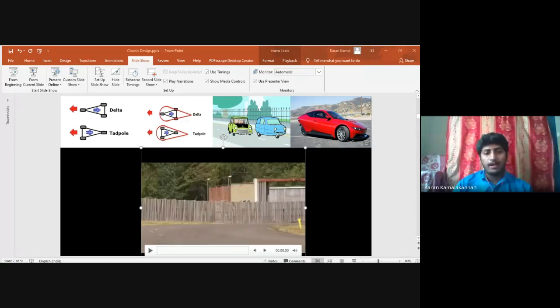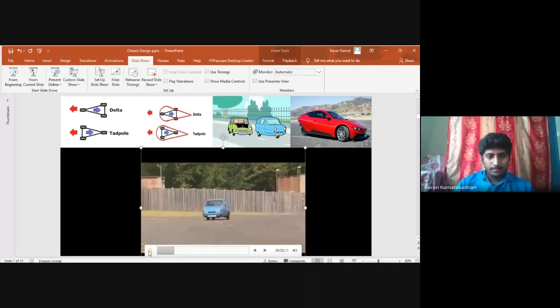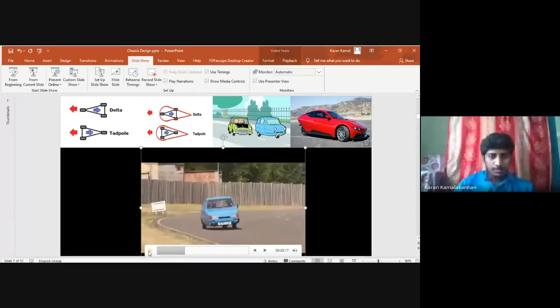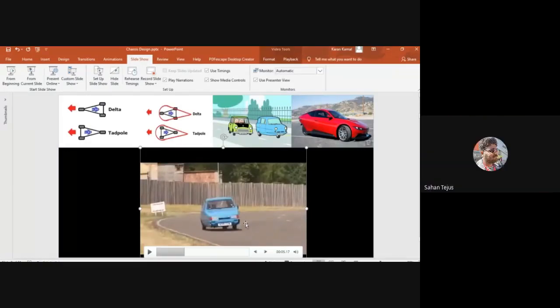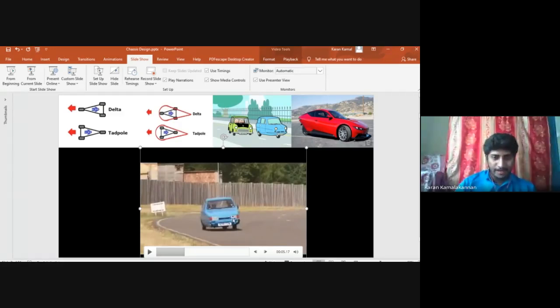To be more precise, there is a factor while cornering: load transfer will take place if you take a sharp turn. I will once again play that video. You can see this point coming up. What is happening? The vehicle's weight is shifting towards the right compared to the left. That is the point where the load transfer takes place.